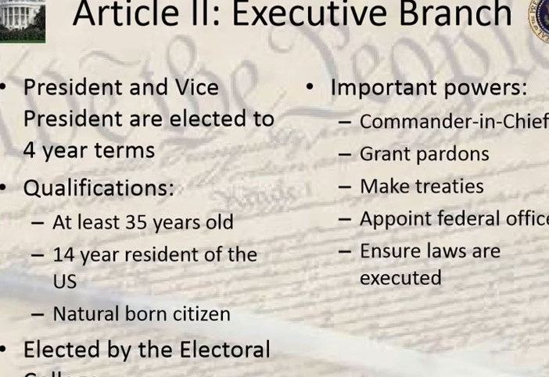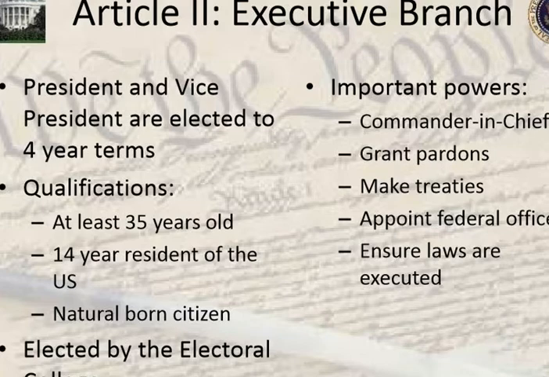Okay, picking back up where we left off yesterday with the executive branch. Important takeaways, things to remember for that is that the president and vice president serve 4-year terms. They're elected by the electoral college, not the popular vote. Their main powers: they are the commander-in-chief of the armed forces. They can make treaties with other nations. Those treaties have to be ratified by Congress in a way of checks and balances.